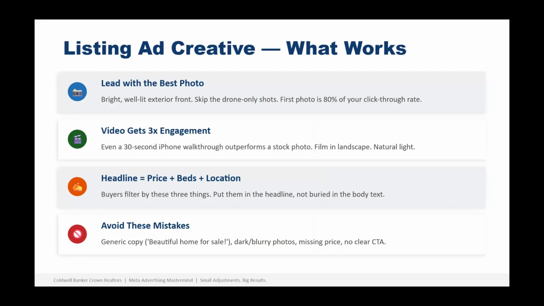We talked about this a little bit already. When you're making the ad, for video in particular, we've already talked about video being the best one to do for ads, right? When you do the ad, the first 10 seconds of the video is going to grab somebody's attention. So that better be the best piece of the home, the best piece of the video. The same goes if you're just using photos. It better be the best,